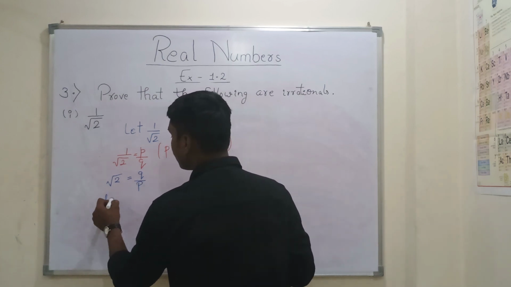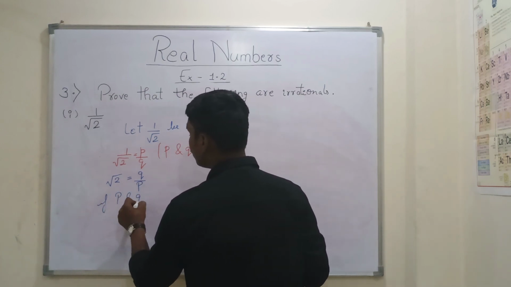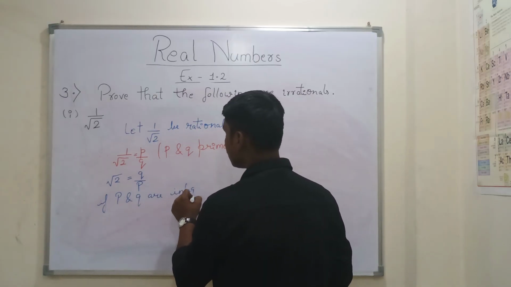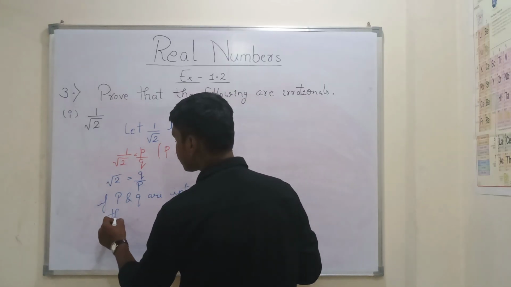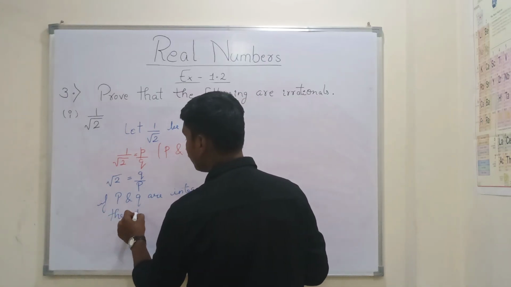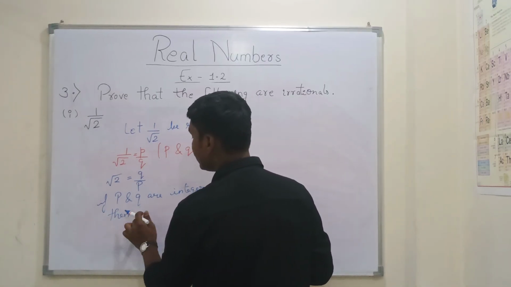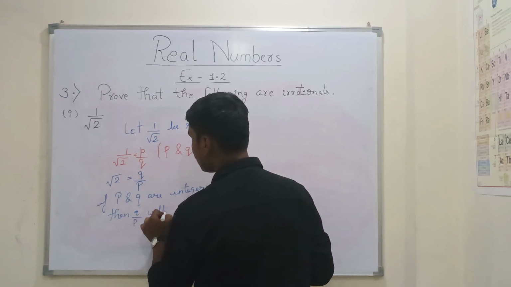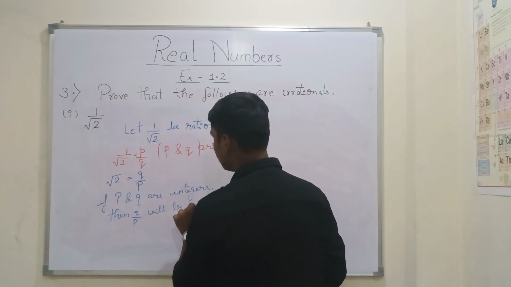If p and q are integers, then q by p will be rational,